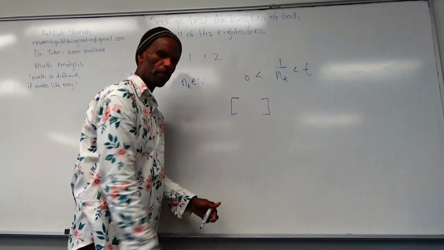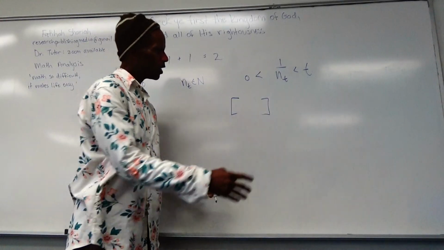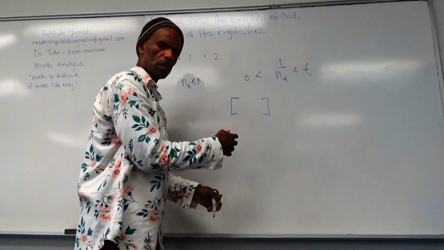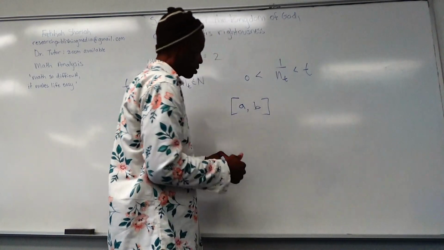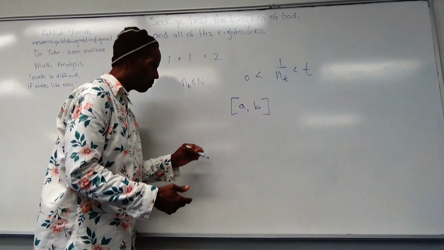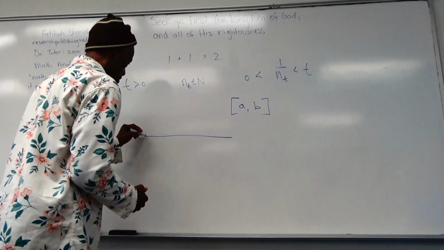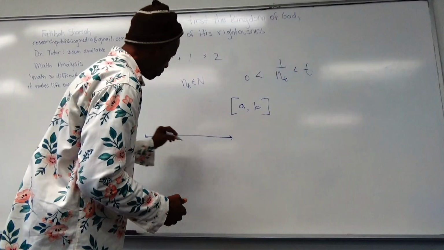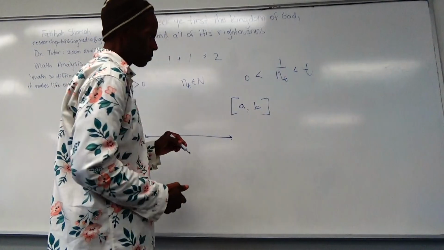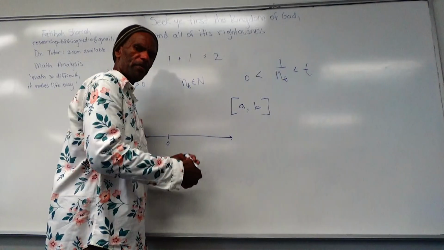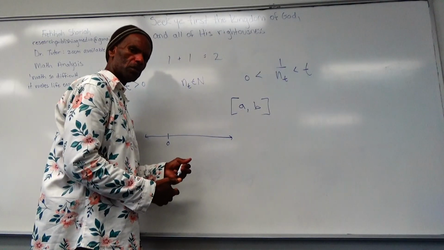It'll just be square brackets. So inside of these brackets, we might say A, comma, B. Right? So then you do a number line, and you put 0 on the number line. And then you say, well, you want A and B to be positive numbers. Or better yet,